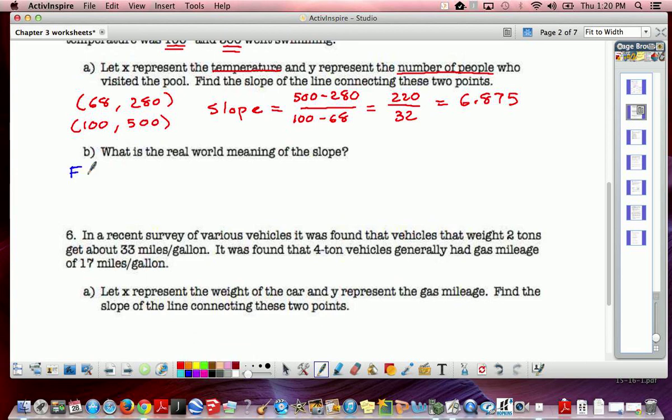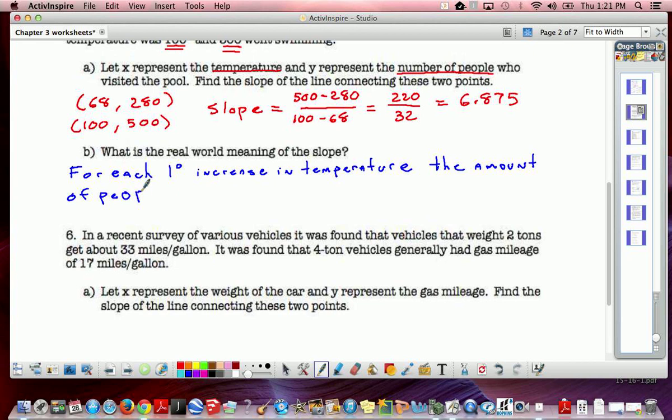So what we would be saying here is for each 1 degree increase in temperature, the amount of people at the pool will increase by